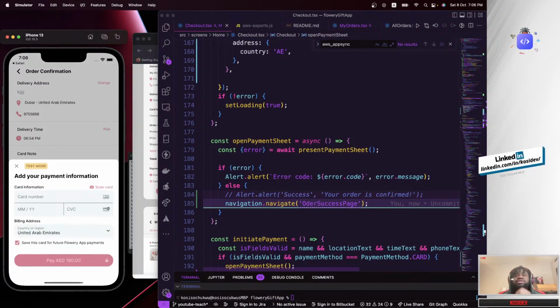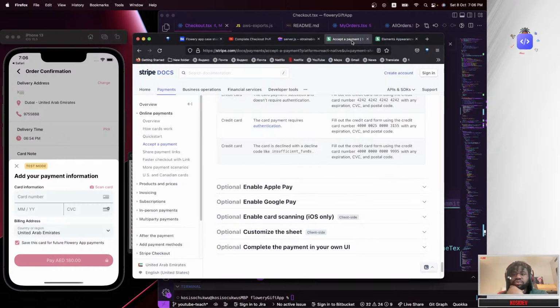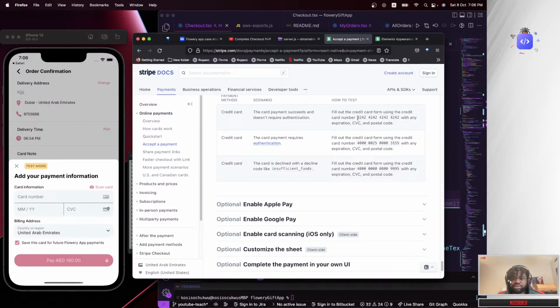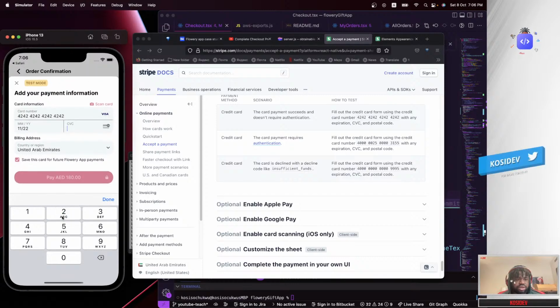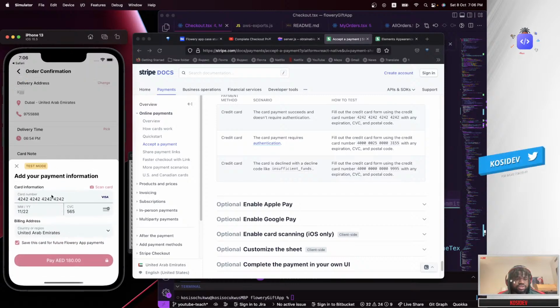So let's try that. If you open this, and head back to here, we're going to use this card for testing. Copy that, add that right here, and the month, year, and CVV, which is 3 digits, and say pay AED.